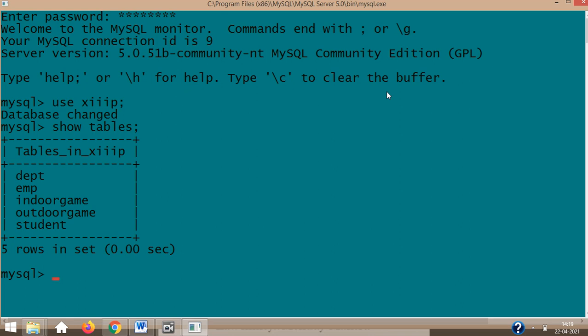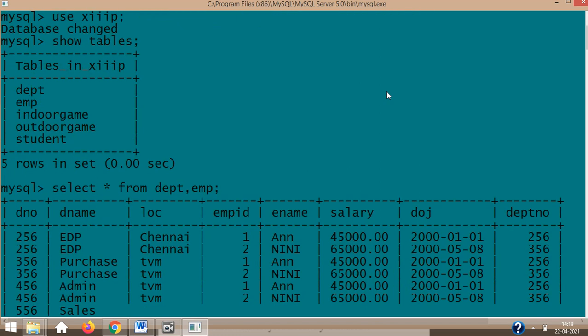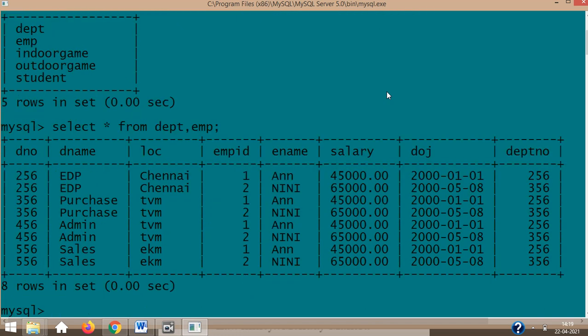Now DPT and department are the two tables with which we did our Cartesian product, where the two tables didn't have any same kind of field name. You can see DNO, DName, lock, EMPID, ENAME, salary, DOJ, and even DPTNO is different, but they have the same values over here, but the fields are not the same.